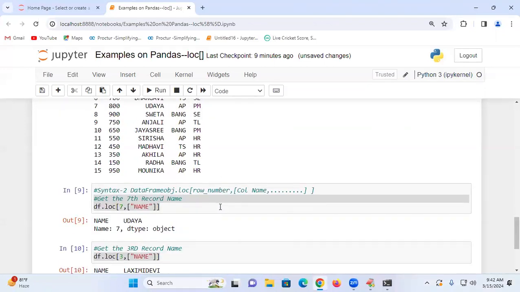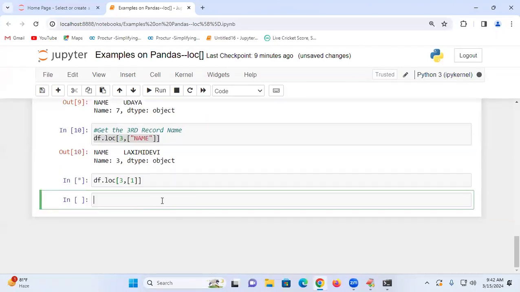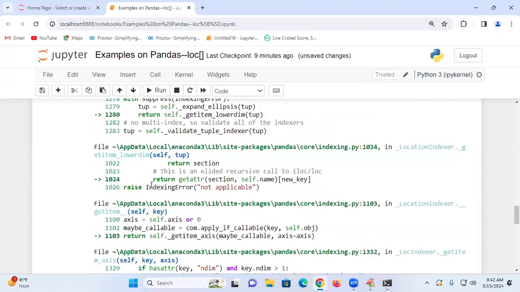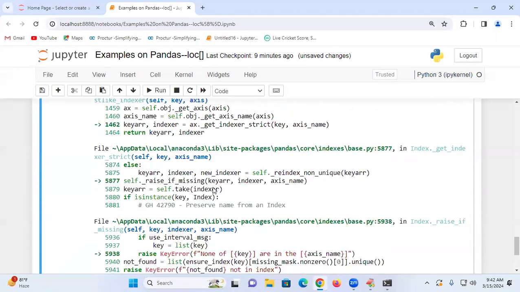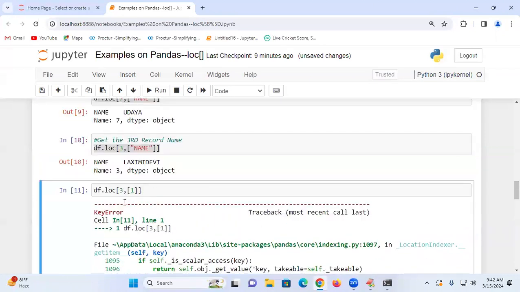So loc always deals with the column names and row numbers. So this will give you an error. None of the index 1 is going to be possible here. A big error is coming in the Jupyter notebook, and pandas will give you the biggest error mechanism here. So what is this error? Key error. Understand the reasons. Key error, because loc function